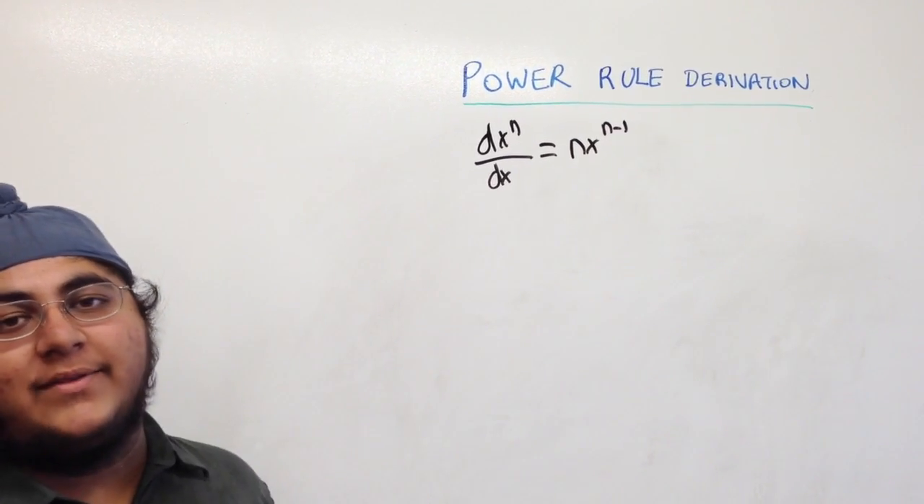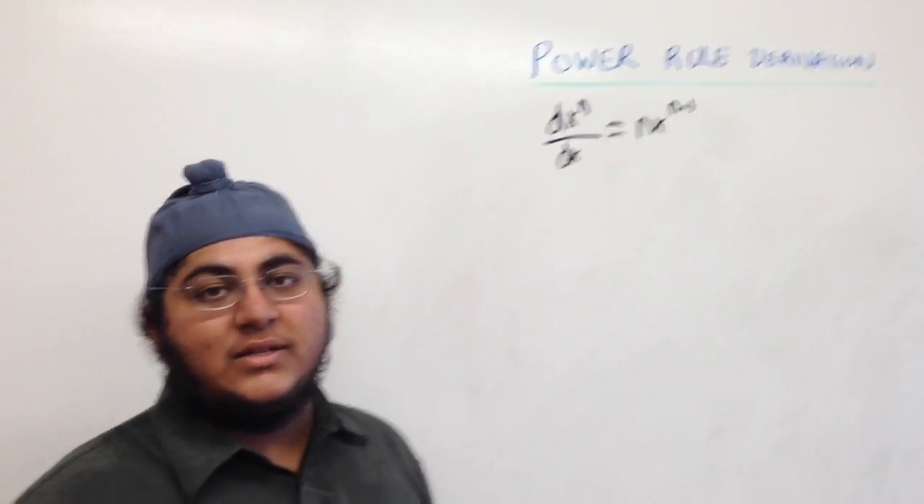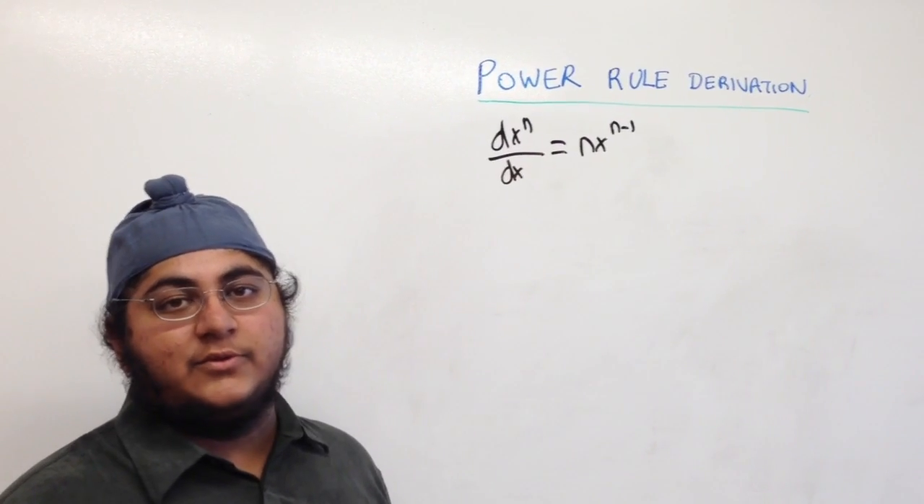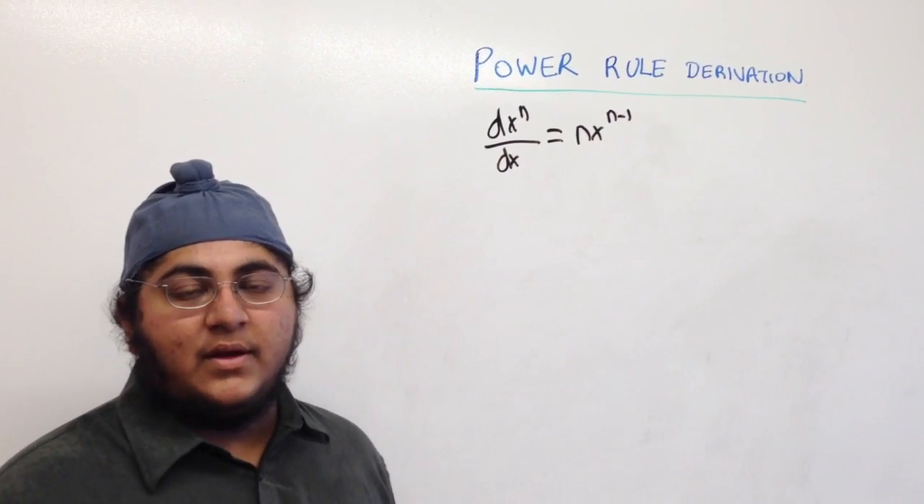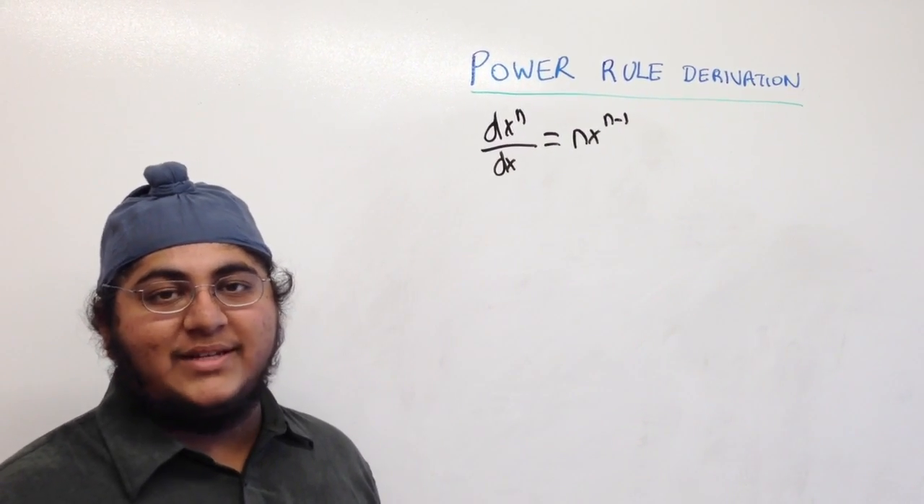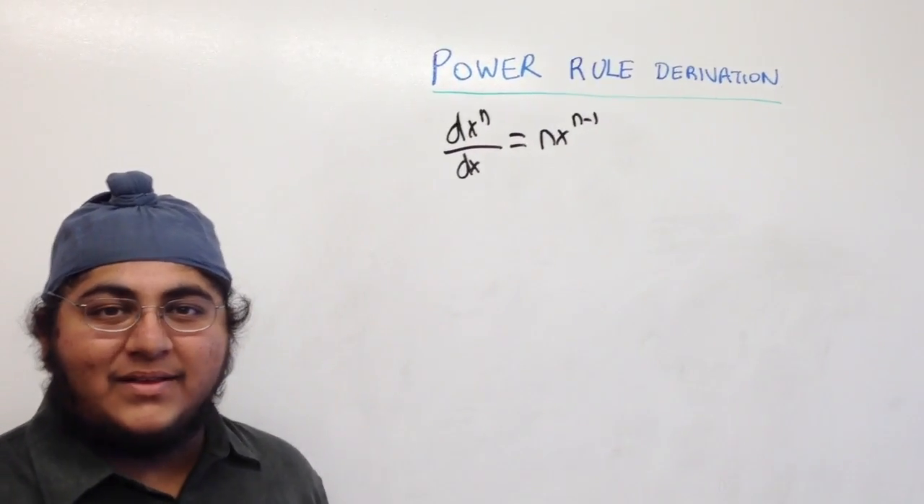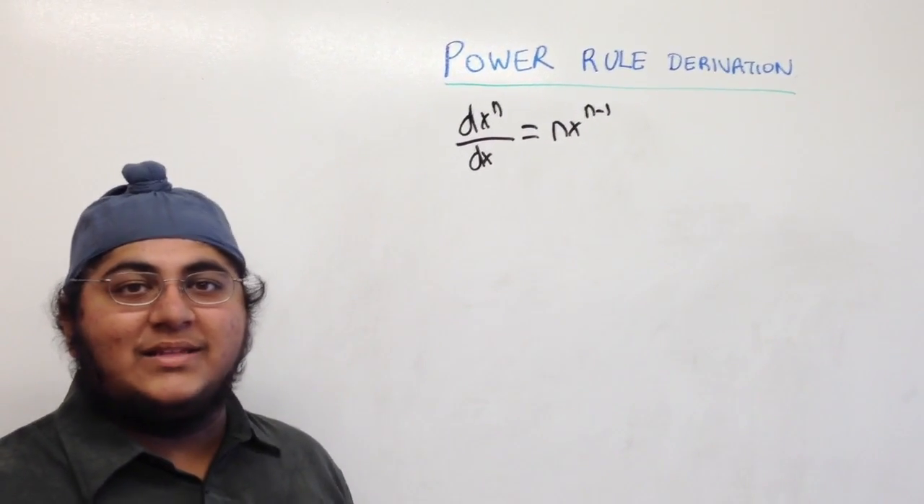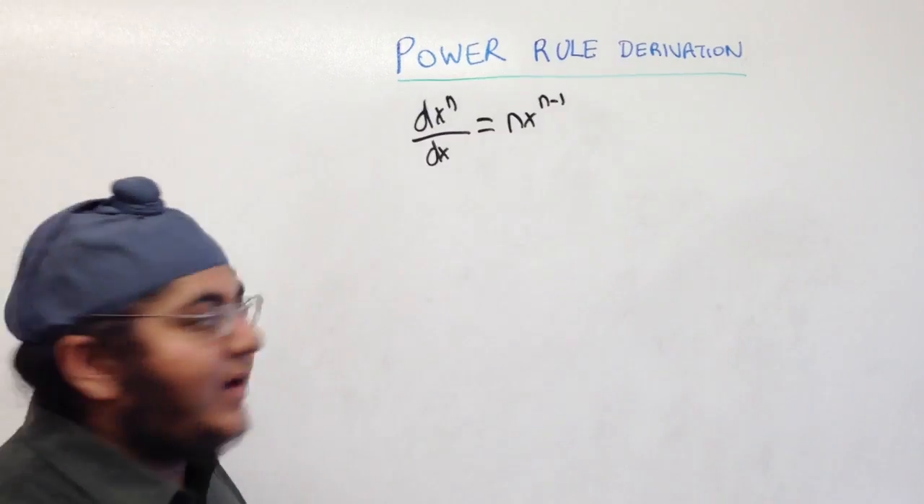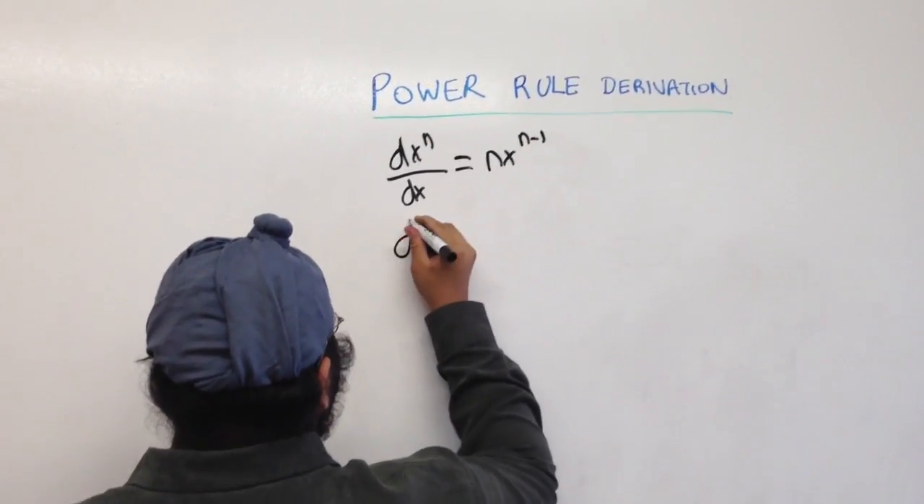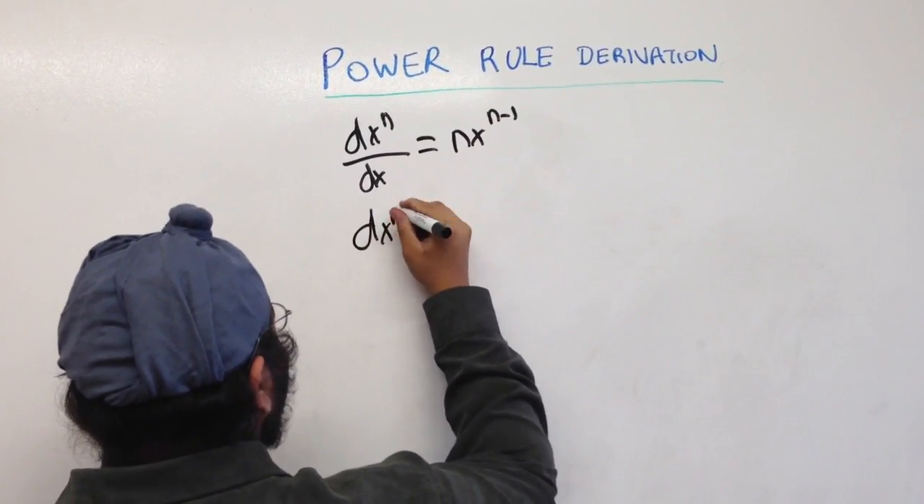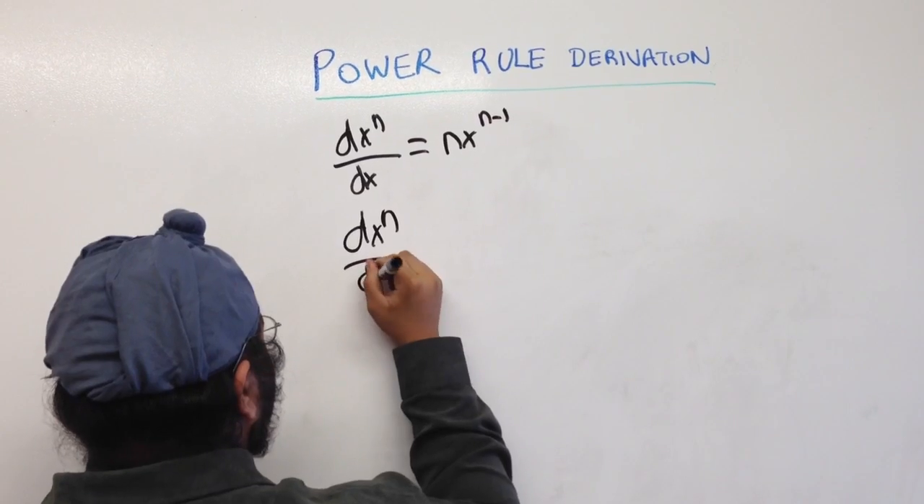So how do we derive the power rule? To do this, we must go to first principles. What is the derivative? The derivative is the slope of the tangent line. How do we find the slope of the tangent line? We need the difference quotient. So we write the derivative of x to the n with respect to x,